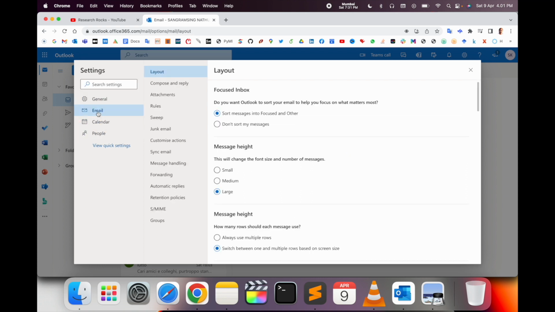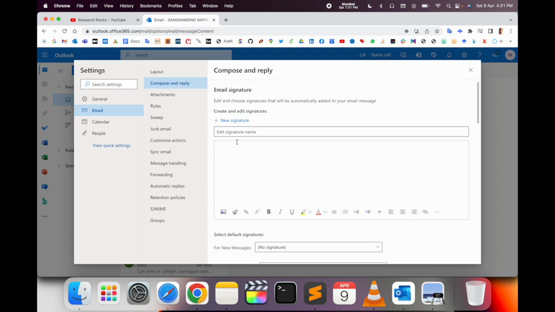You just simply click here on Email, and under Email, Compose and reply. Click Compose and reply, and look at this: create and edit your signature. So simply click here, New signature, and you can put any kind of words here, like Research Rocks,